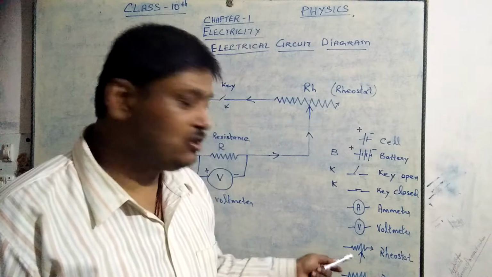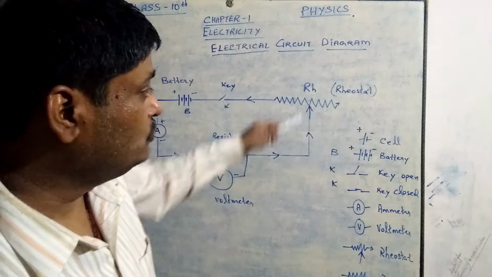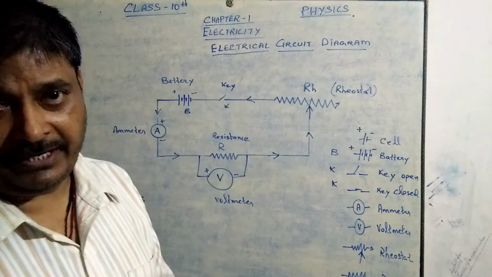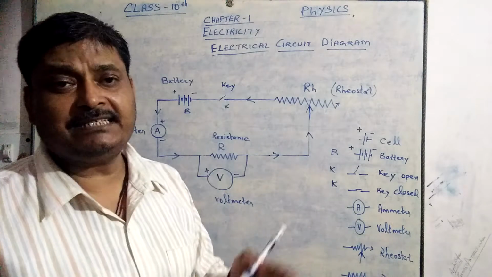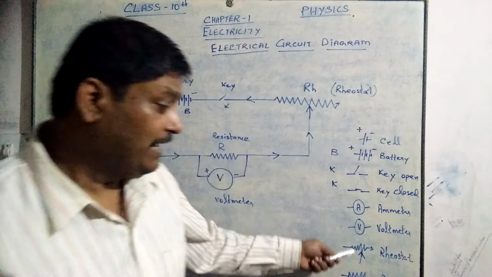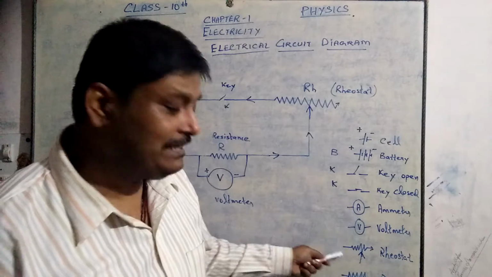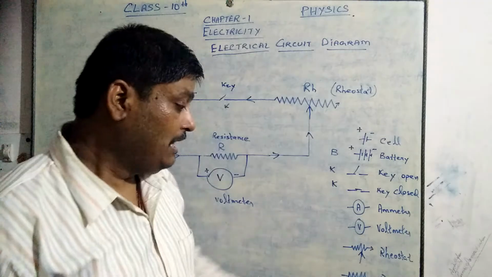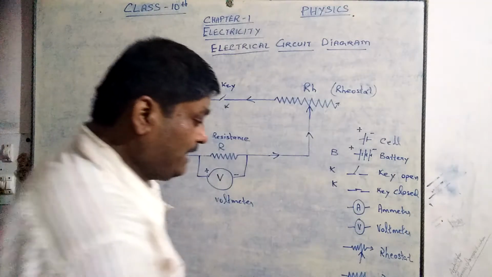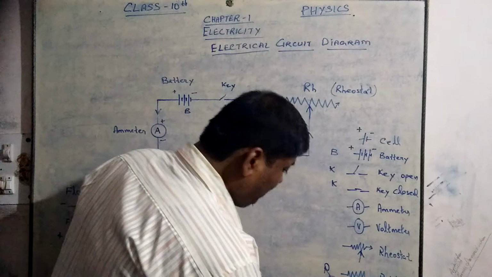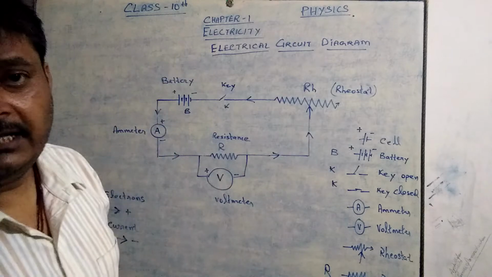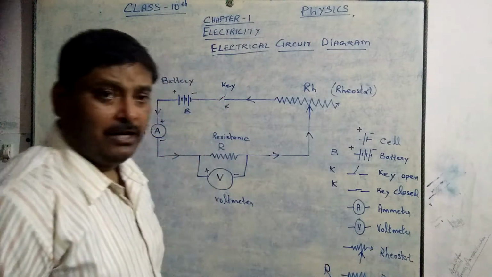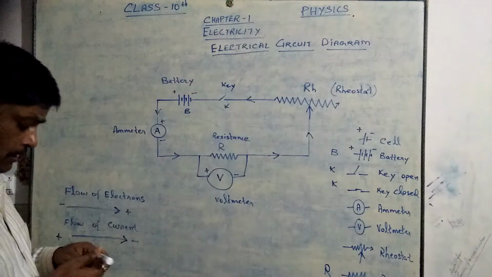Now next is the rheostat. The rheostat is used to control the amount of current. We can increase or decrease the current through this rheostat. It has been shown by this figure itself. Here you can see it in a bigger way, that is the rheostat. Next comes the resistance. Resistance is shown by capital R in these curly lines. Now come to the figure itself.